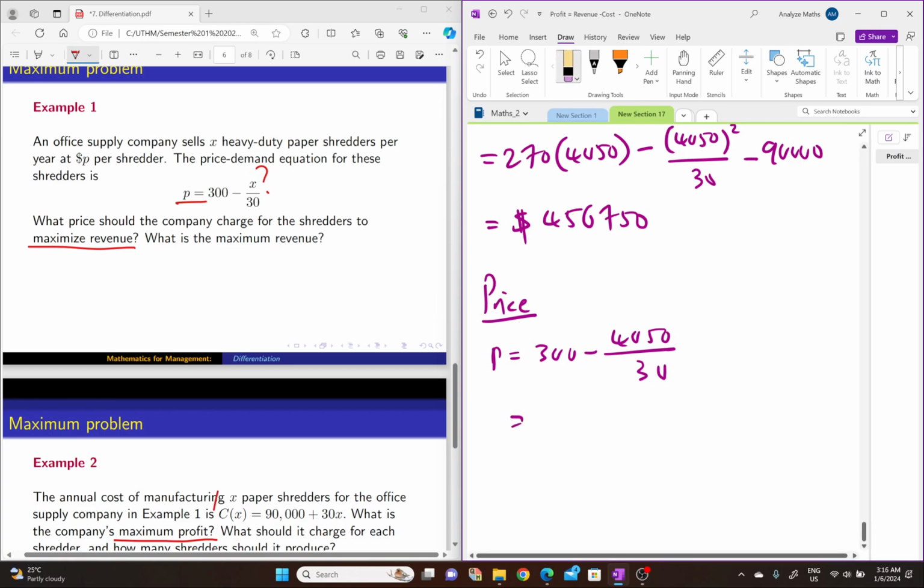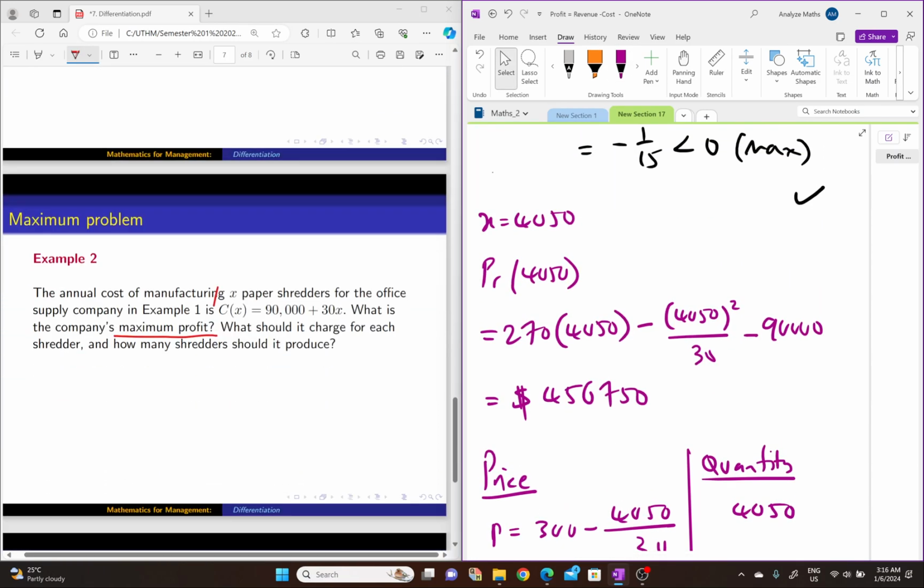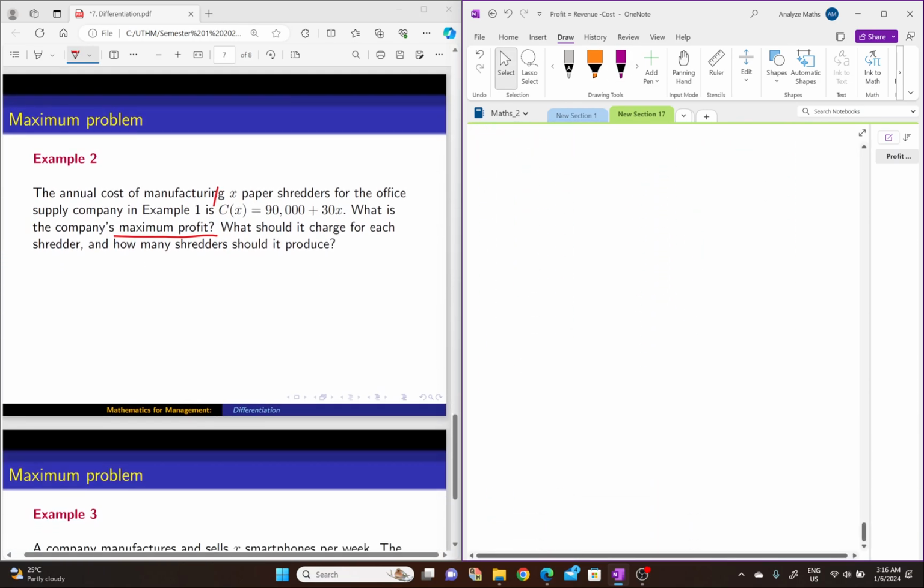You will get 165. Okay, the quantity, how much? The quantity is 4050. We already found that. Okay, so if I want to write this in words,